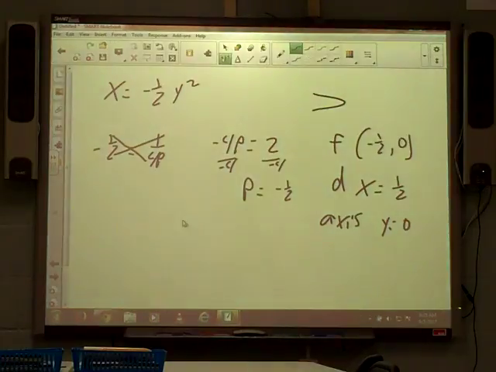Okay, so the last thing I have to do is graph this. Why did you change it from a negative to a positive? The directrix is always the opposite of p. Alright,